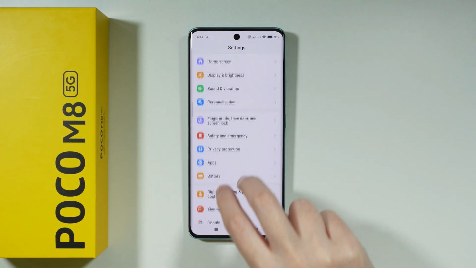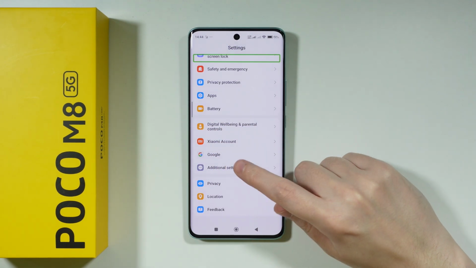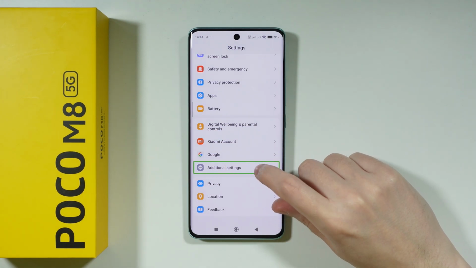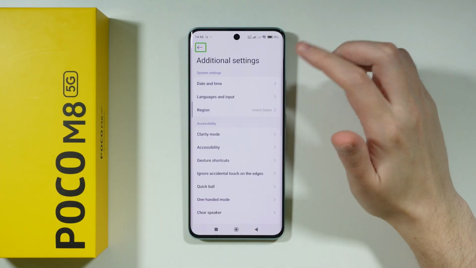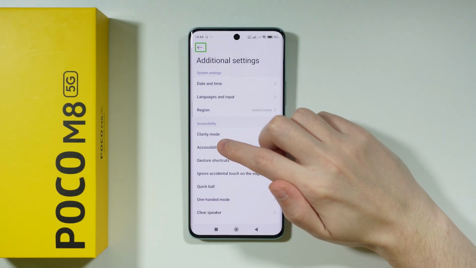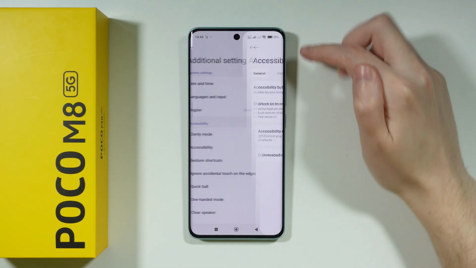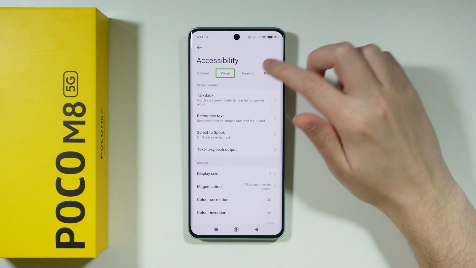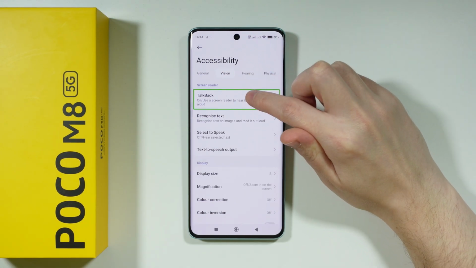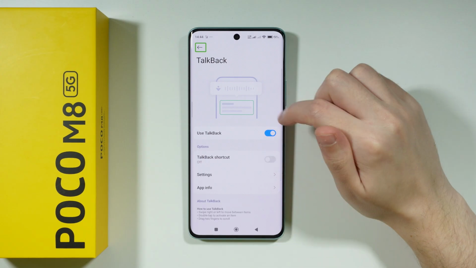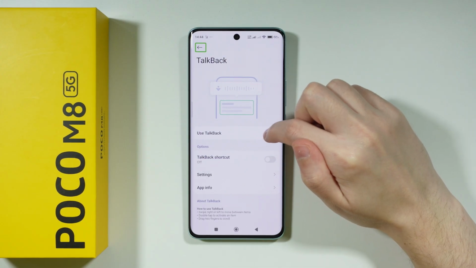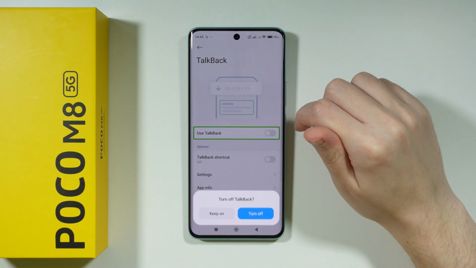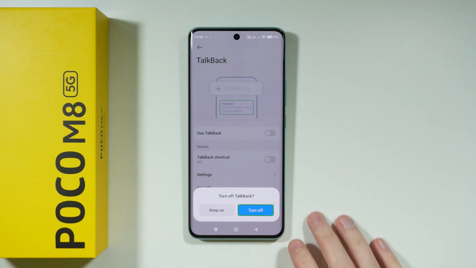Now in here we're gonna scroll down, 2 fingers of course, tap on additional settings and then double tap. And now we just have to select accessibility, so tap once and double tap. Then vision, once and then double tap of course. Tap on TalkBack once, double tap, and now we are in the TalkBack settings, so we can tap on the switcher in here, double tap, and we need to confirm, so tap on the turn off